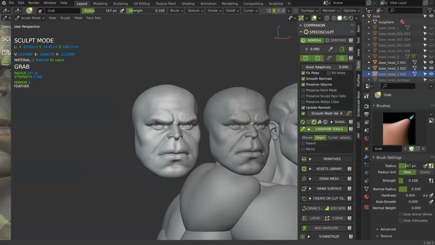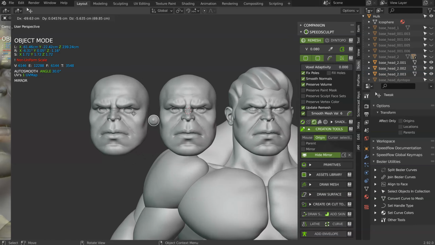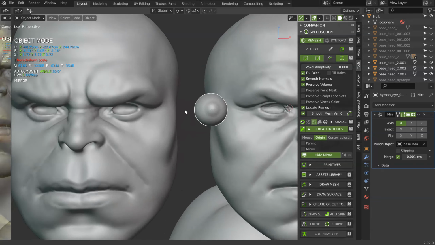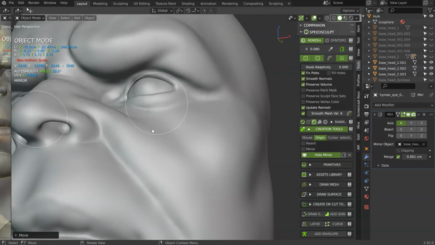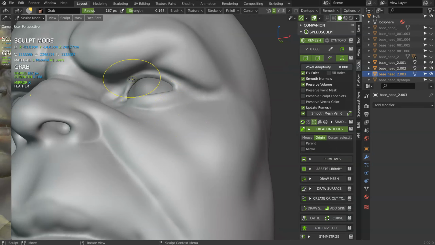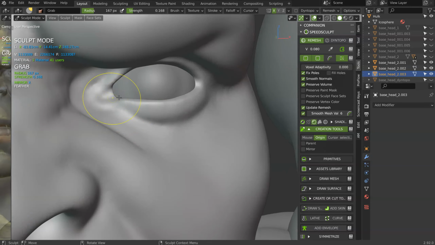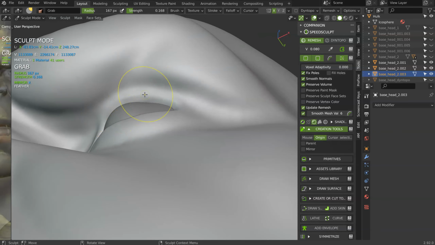Where are my eyes? Here. So let's duplicate this one. Shift D. Here. I will not use speed flow because you don't have it. I will change the ref object on this one. And let's move it here. Okay, so let's try to edit this little guy a little. Keep a certain width here.